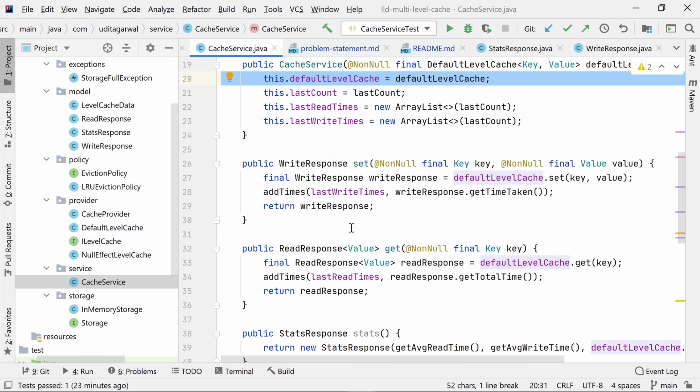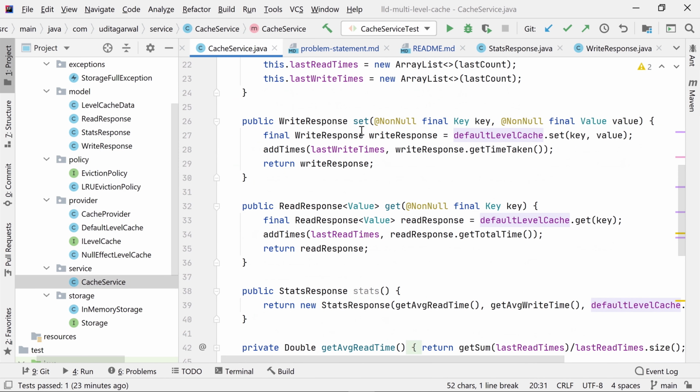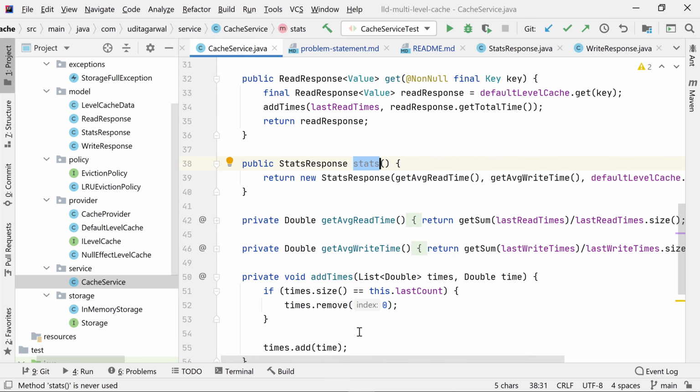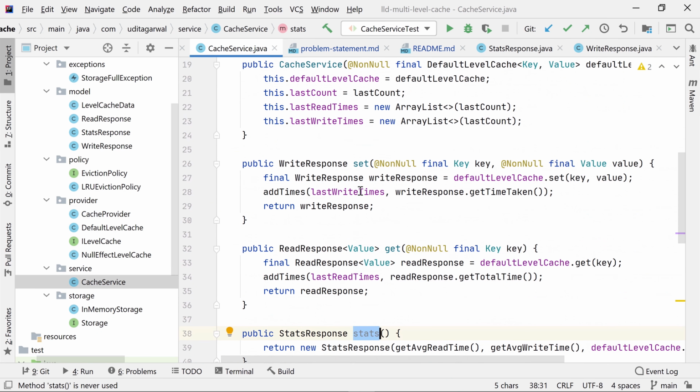Now again, as you can assume, there are three operations. One is get, which is for the read, one for set, which is for the write, and one for stats, which is to give the stats for the bonus operation, right? So we have three methods, one for each operation, and then there are some private methods, but the API has these three operations. First of all, get, as you can assume, will just ask the multi-level cache to get the data.